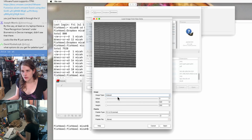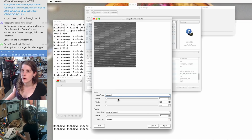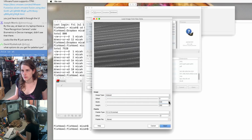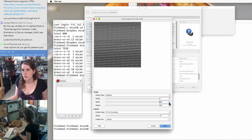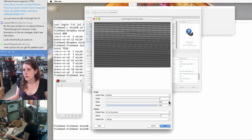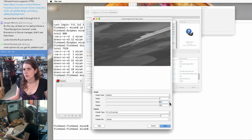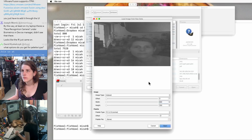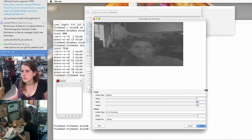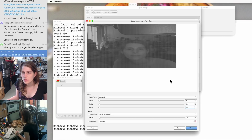So anyway, I could try using this in, I assume this is 8-bit indexed. Could use this in an 8-bit mode and just have the image be twice as wide as it really is. That's 340. Is it maybe actually 640? Yeah, that's our image. Not the most well-formatted thing, but